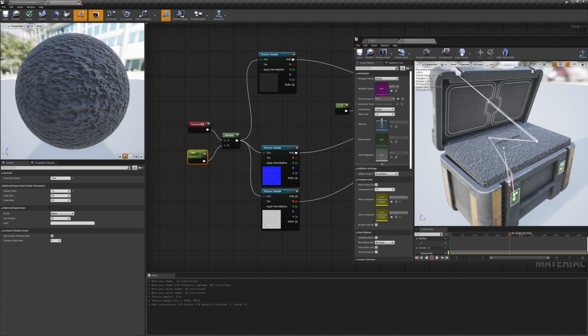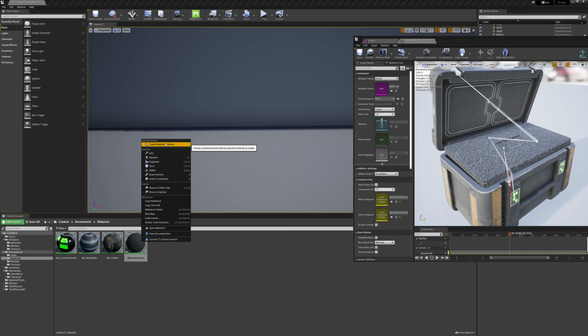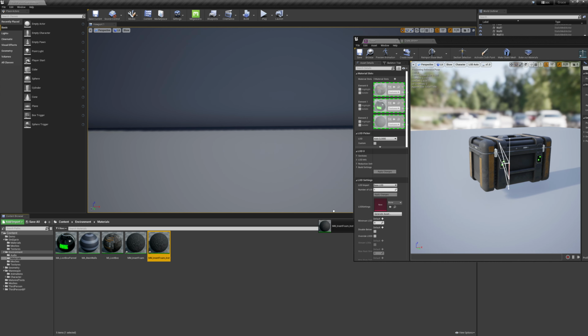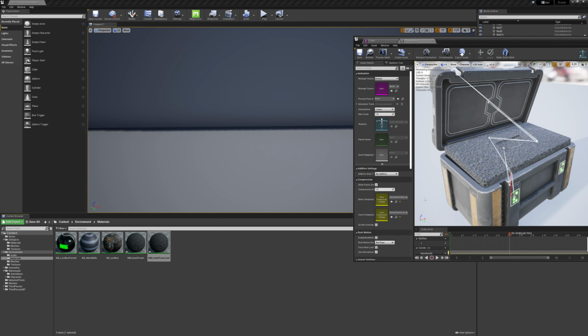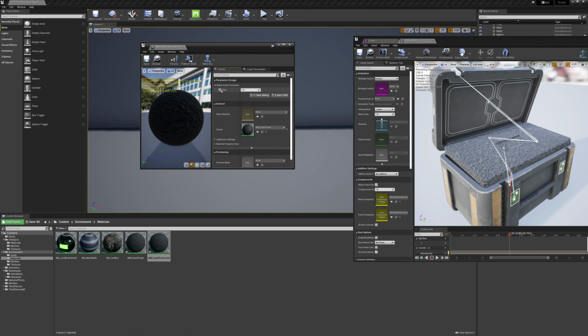We'll just recompile this. I'm also going to save that. That's good. So the other thing that I'm going to do is create an instance of this material, and that's just going to make it easier to control the tiling in real time as we check it out. So if I go into the material instance and I undock this, I can now actually go